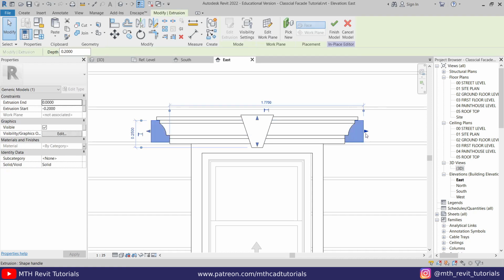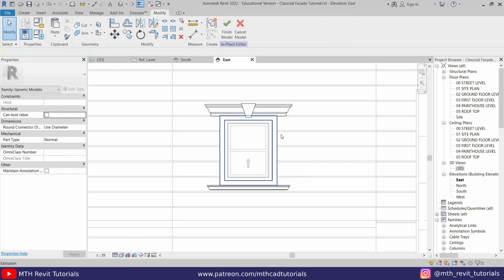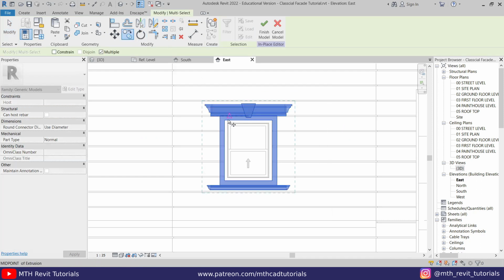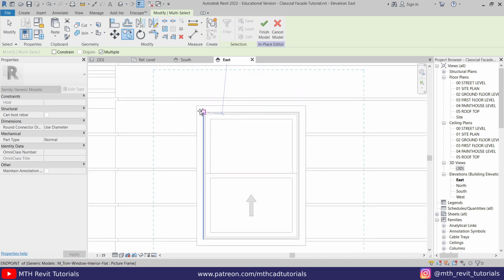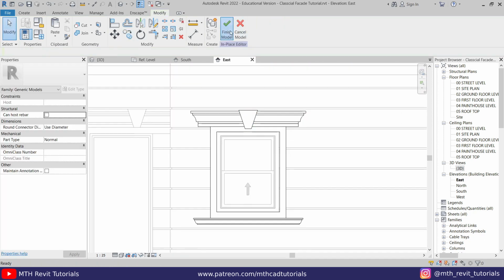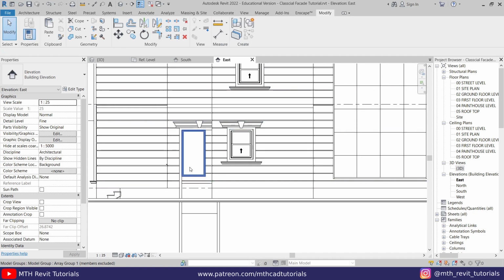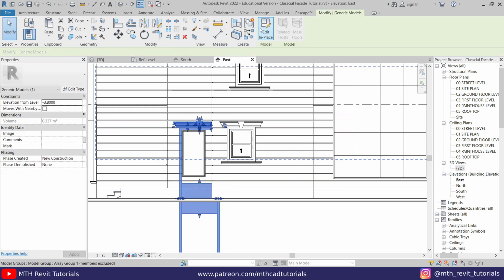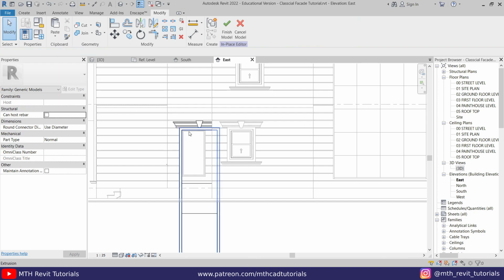Now let's move this extrusion till here and here as well, and we can now just select this one and copy to the other small window here. Perfect. And click finish model. In the same way we can update this one as well. Let's select that, edit type,